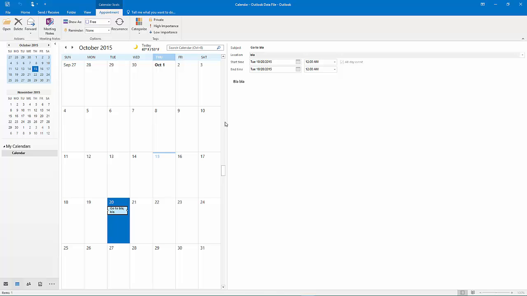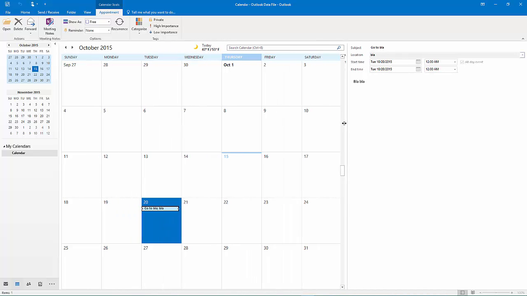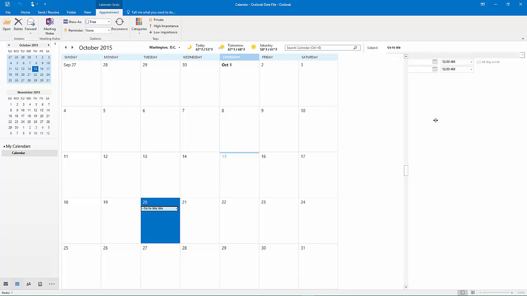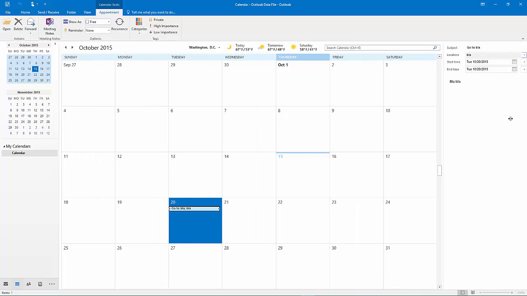It's often advised to have this much bigger than what you normally would, but the one thing to keep in mind is this: if you're an average person, you're probably going to need the least amount of information, so I'd say resize this as much as possible, and that way you can get as much information as possible up here. For whatever reason, it thinks I'm in Washington DC, and I definitely am not, but